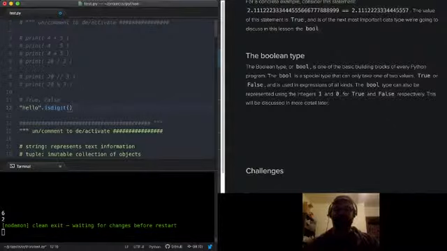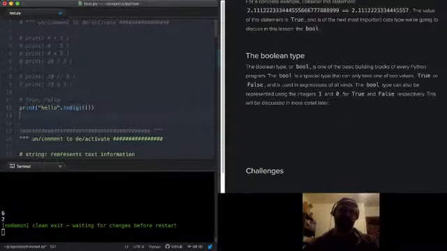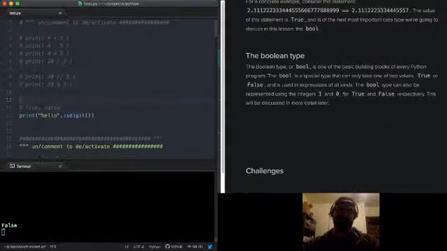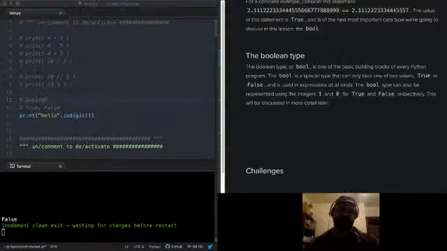It's either true that hello is a digit or it's false. You can think, is hello a digit, true or false? False, hello is not a digit, right? So if we print that off, we're going to get false. hello.isDigit is false.